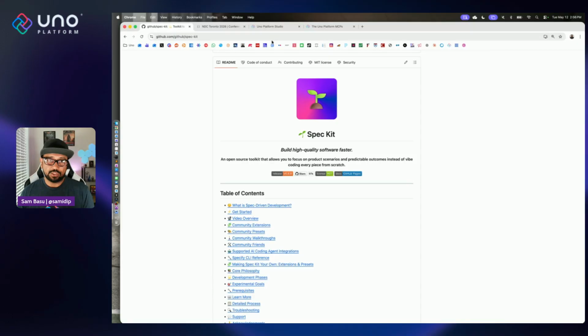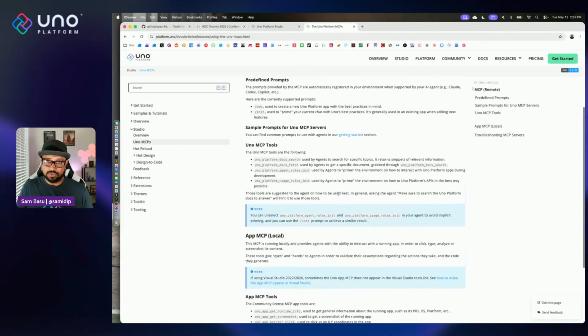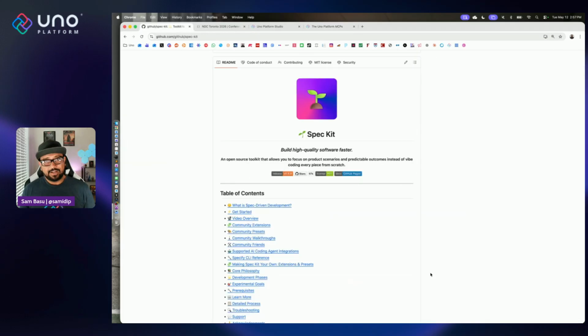And if you happen to use an open source stack, but with some good AI and design tools like Uno Platform, you do have these wonderful MCP tools that are there for the agent and Spec-Kit to use to build up those specs to the T. And then when you go into implementation, you just have that much more confidence in how AI is going to repeatedly validate itself and give you an app or a feature that's kind of to the spec of what you wanted, right? So that's just a quick look at my real world AI assisted development workflow with Spec-Kit